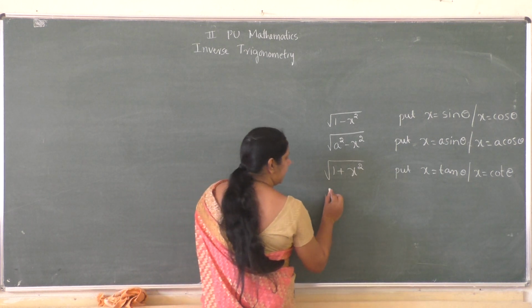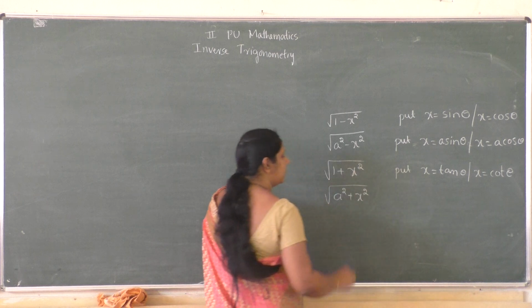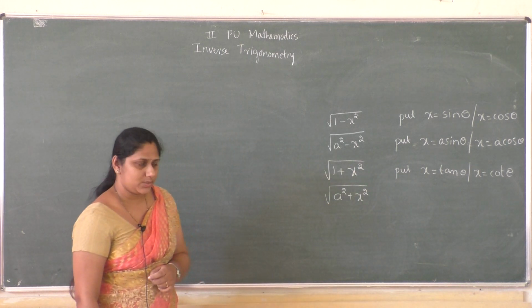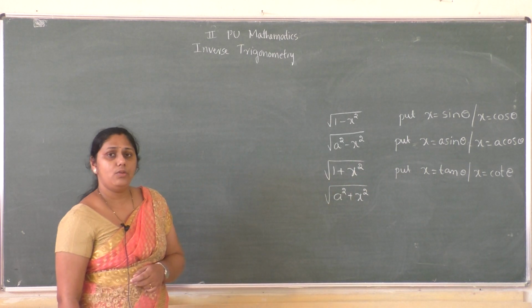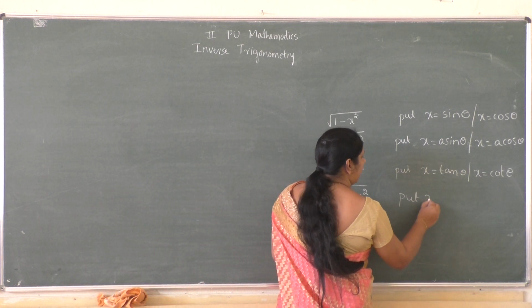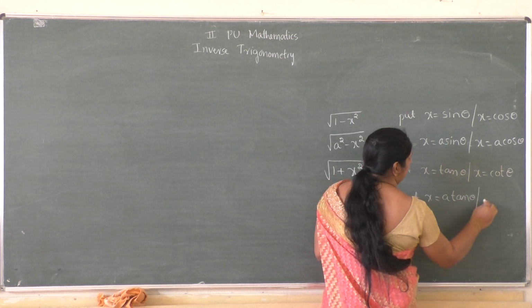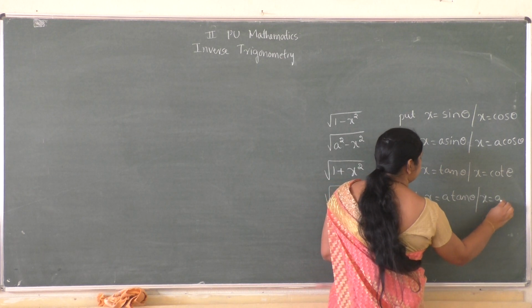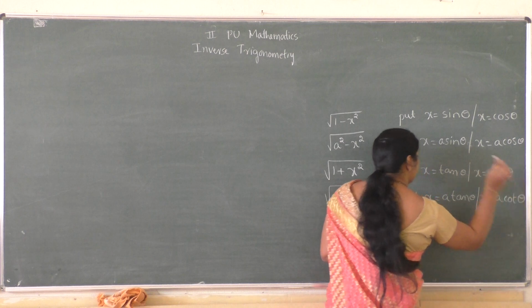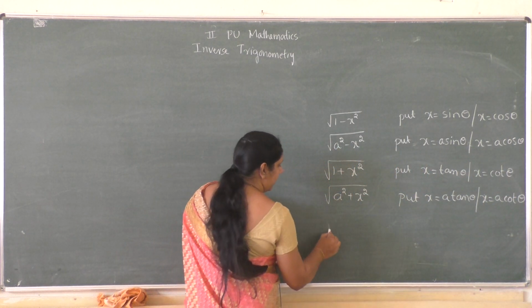Similarly, if we have root of a square plus x square, then you have to put what term? x equal to a tan theta or x equal to a cot theta. Now the last,